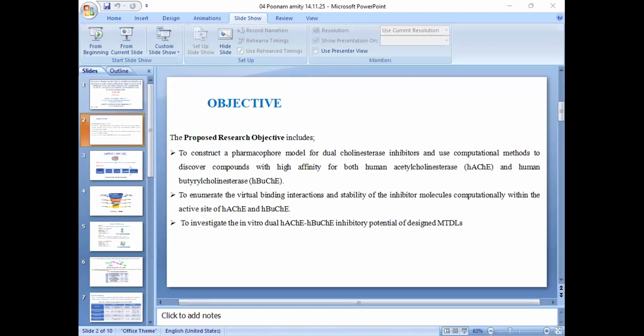Now, we started with the molecular docking part, where the binding energy of these compounds, these all 6 compounds was chosen, and the binding energy was in the